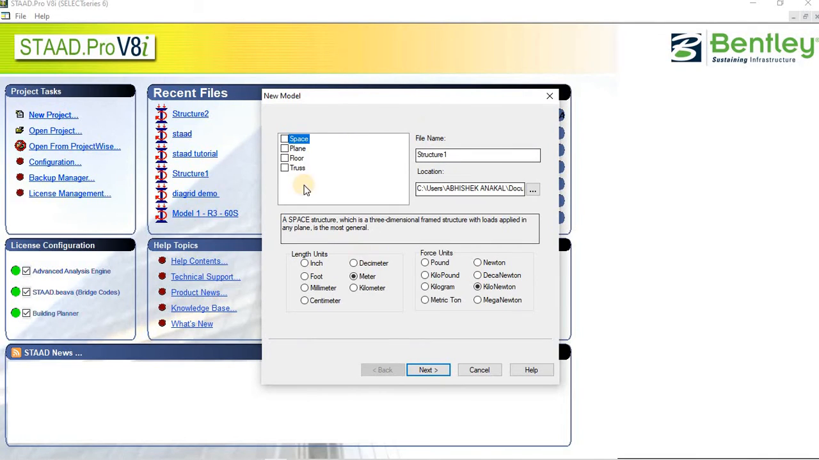So this window pops up. So we'll select this space. So here, when we try to model the G+5 story in the Staad Pro, we need a space where we can model the structure. So we'll select the space here, and we'll give the file name. So I'll just put it as a Staad